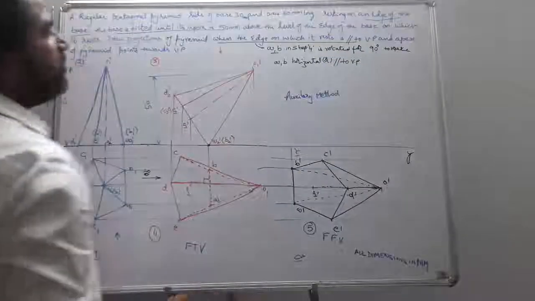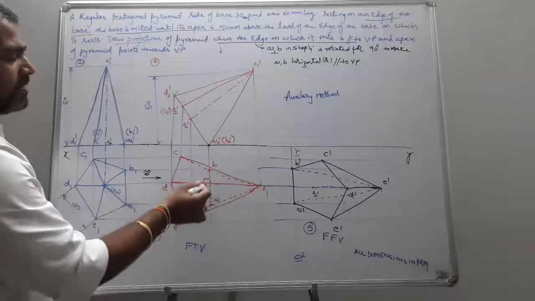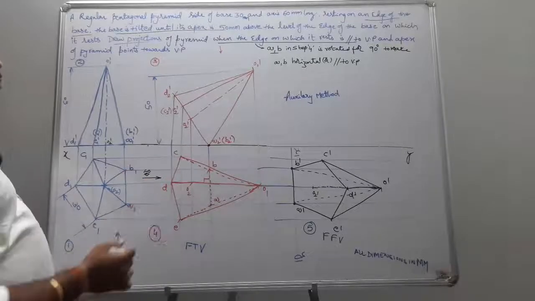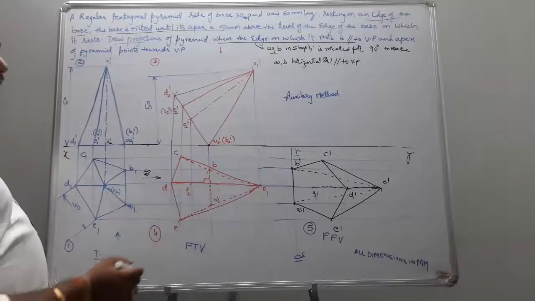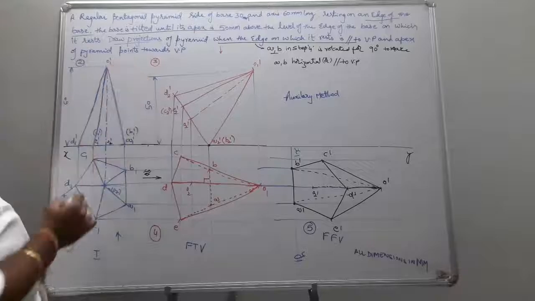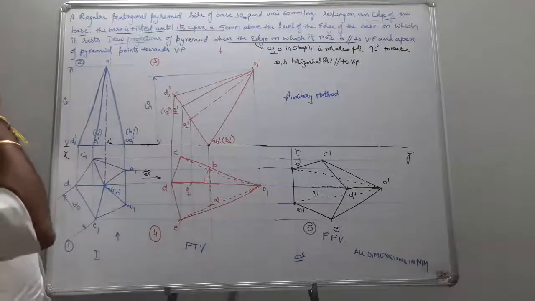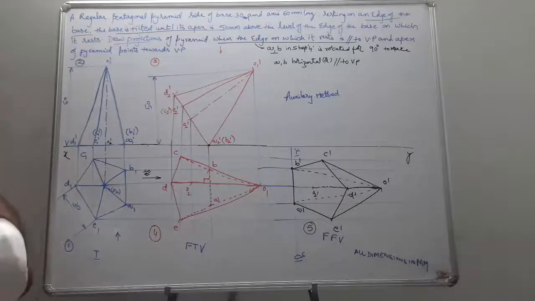This was the point you just remember. So AB in step 4, which is going to be obtained perpendicular to VP or XY, I just want to make parallel to VP, with the apex of the pyramid pointing towards VP. Then I am supposed to make it